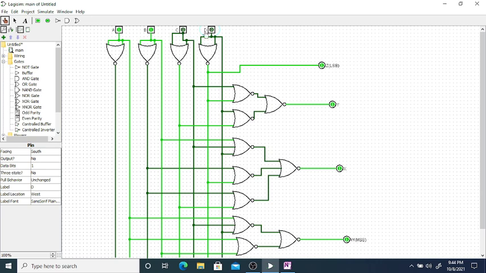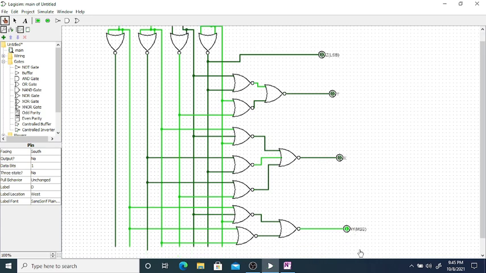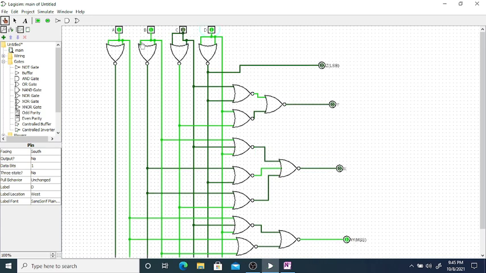But after 12, if we see for 13, we will need one more extra bit over here which we haven't considered here. So it will give an error over here. So this will be, the MSB bit will be high, but we will need one more bit to represent this number, as 13 plus 3 will be 16. So it cannot be represented by 4 bits. So we will need one more bit over here. Thank you.